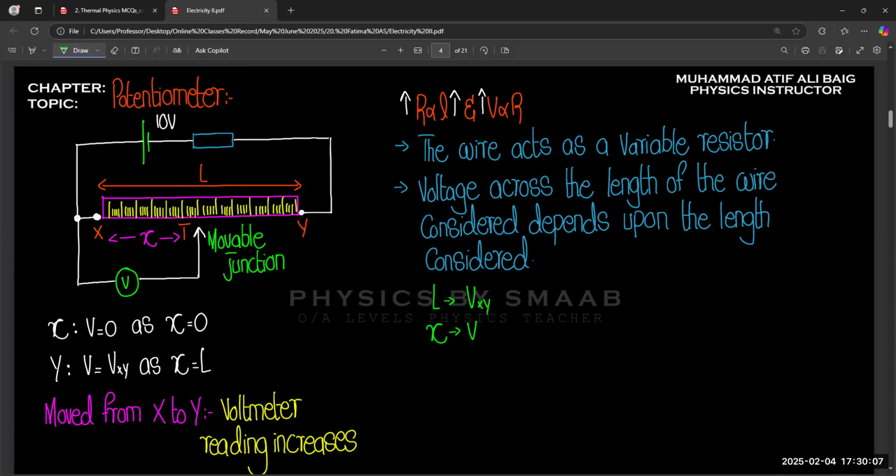So it works like this. It depends upon the factor, what type of factor we are using, and then we can easily identify the rest of the values. So this is the concept of potentiometer. And when we solve questions, we will get an idea how to apply these ideas on the given question in the circuits. Okay.